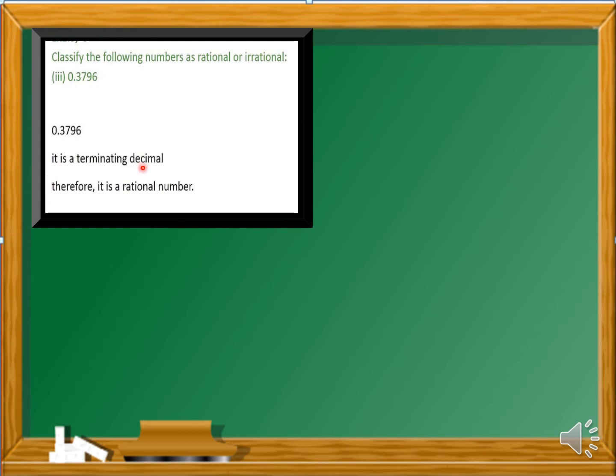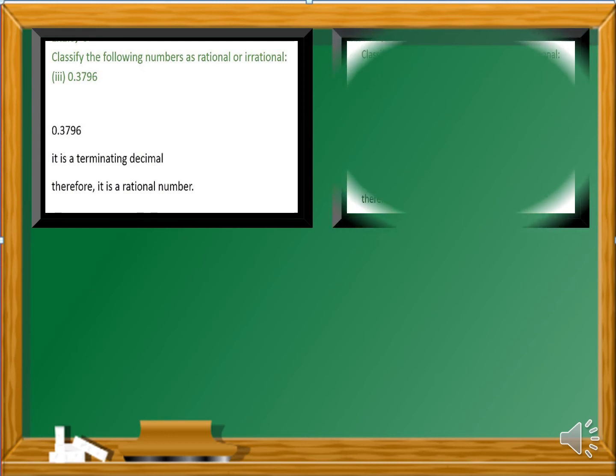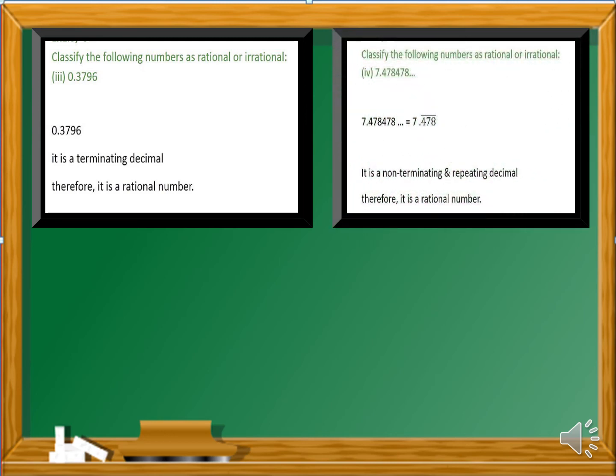When it is a terminating decimal expansion, we can convert it into a rational number. Okay, in the previous videos we have seen how to convert a terminating decimal expansion to a rational number. So when it can be converted into a rational number, it comes under the category of rational numbers. So the third subdivision answer is: it is a rational number. So let's see the next. Fourth subdivision,